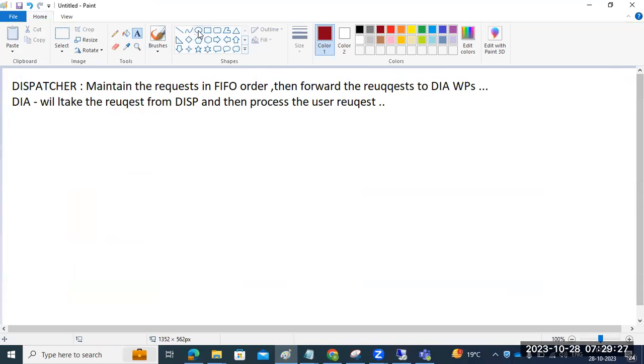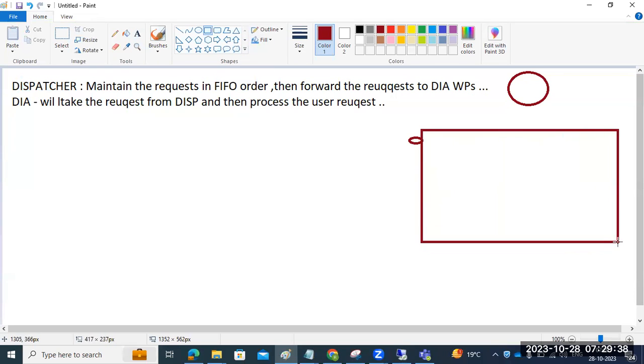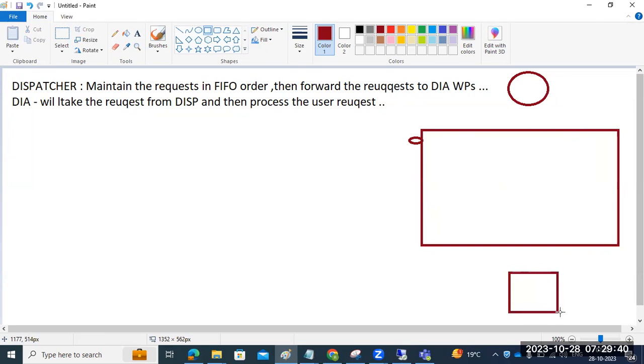Suppose this is the presentation layer, right? So this is the application layer. Then this is the DB. This understanding is very important, guys. Why? Because if the users are unable to log in, we need to troubleshoot the issues. That's why we are going slowly to understand the concept. Don't think we are going very slowly.